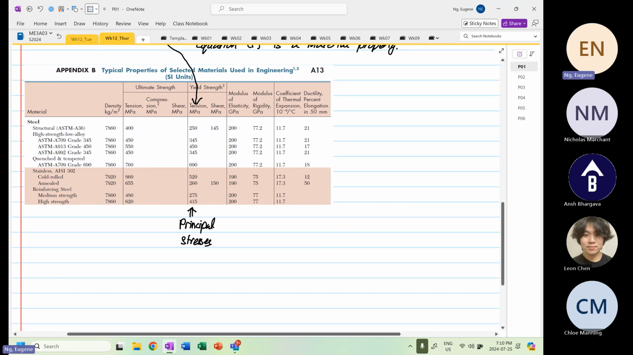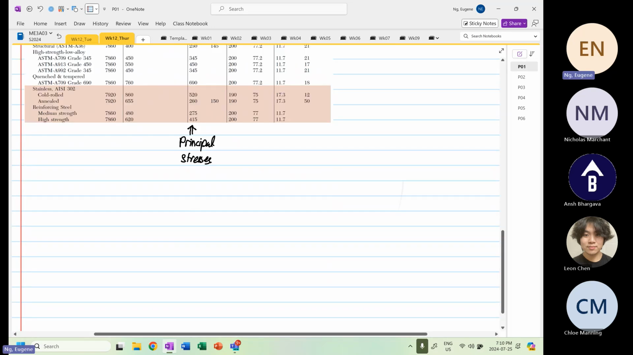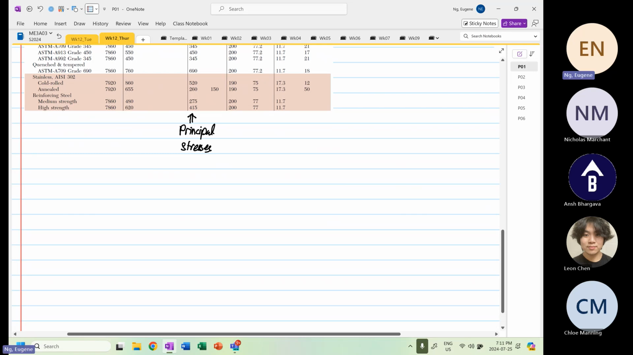Okay, they are quoted in principal stress. So if I were to now sketch, let's relate this to the 3D Mohr's circle. So what we have is a sample over here,